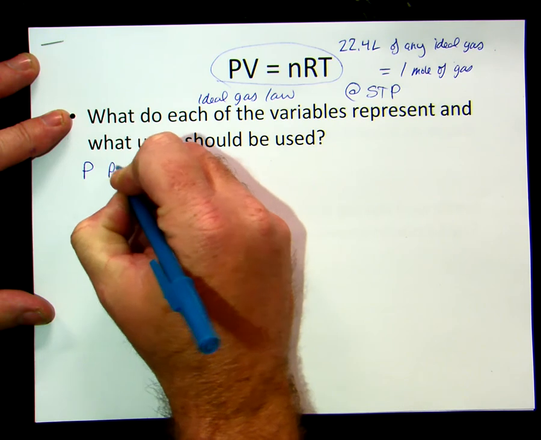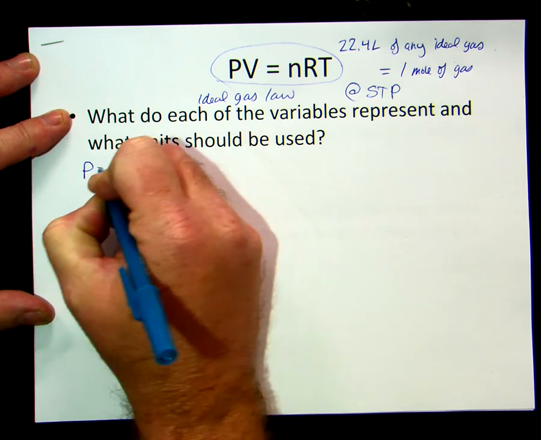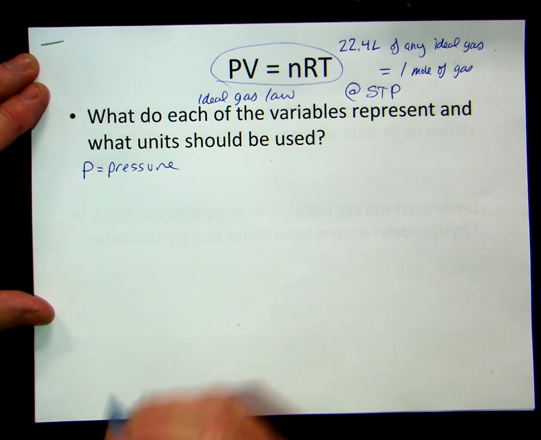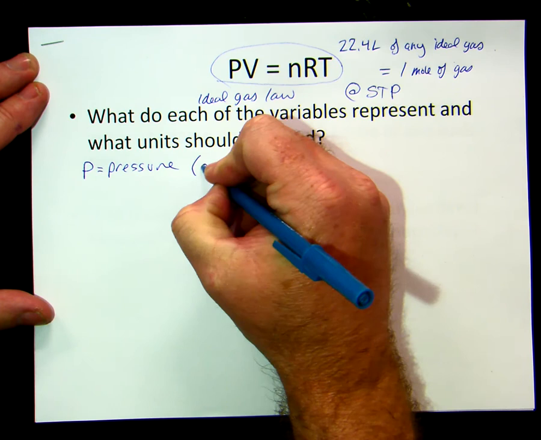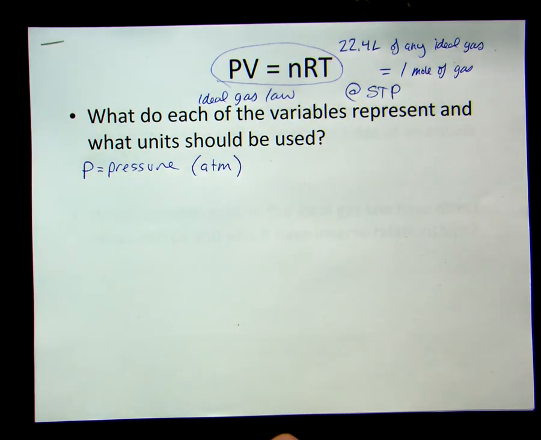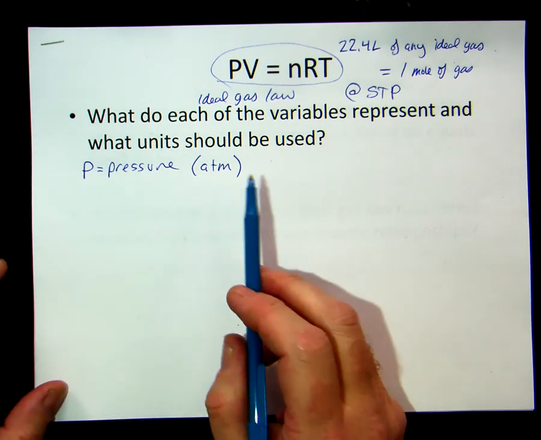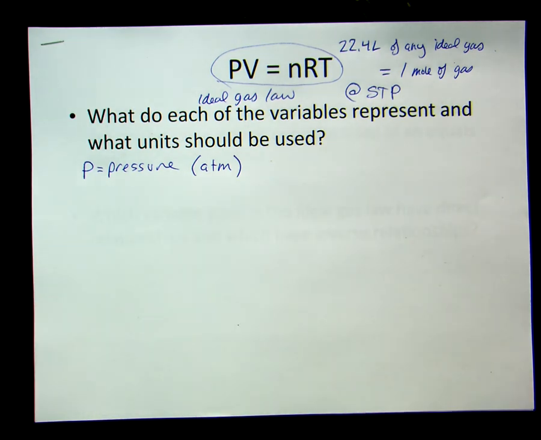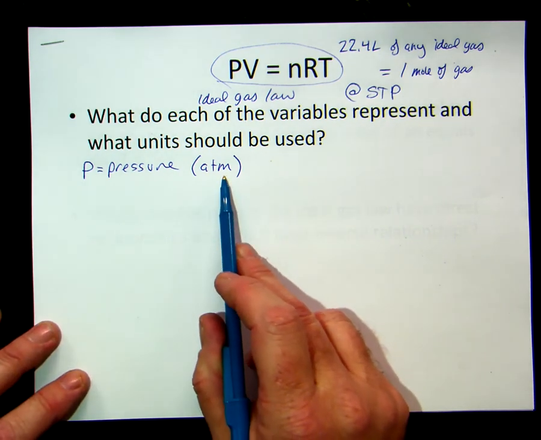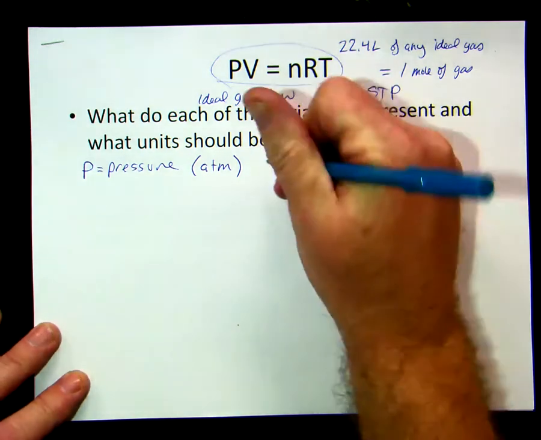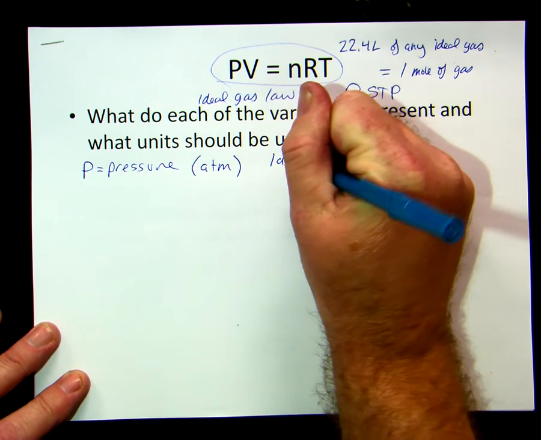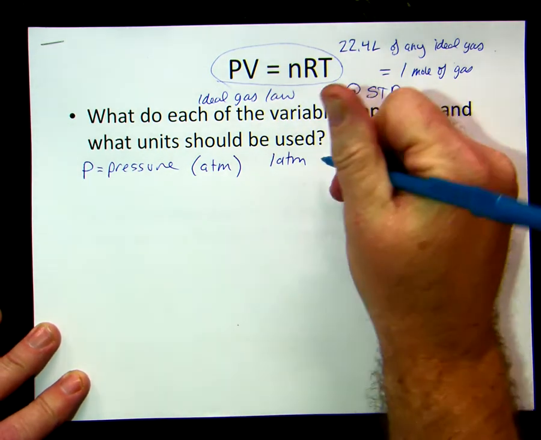P is pressure. And pressure, the operative units, is atmospheres. And more on that in a minute, but basically an atmosphere is the amount of pressure that you experience at sea level. So the force the atmosphere exerts on you at sea level, that is 1 atmosphere. Okay, so there are other units though, and 1 atmosphere is our base unit, but that equals